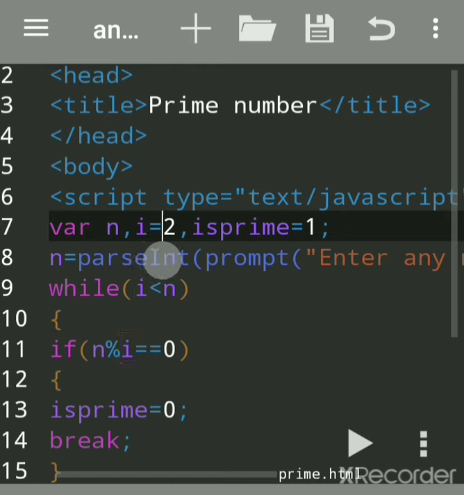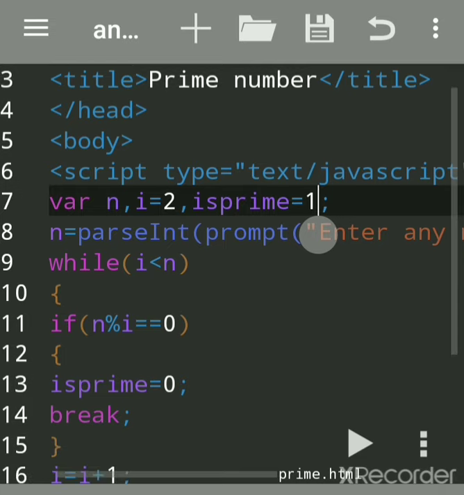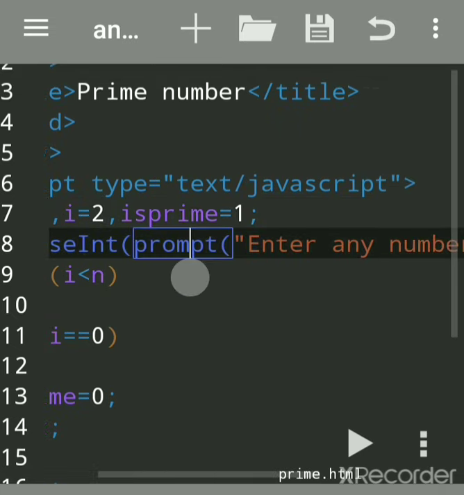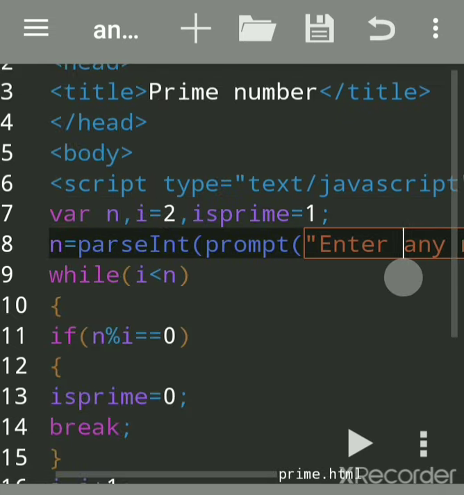So we will start dividing that number by 2. Initially I had declared this variable isPrime as 1, for the purpose of a true and false condition. Now prompt is a function which is used to accept a string, because a string is a collection of characters, numbers, expressions, anything.